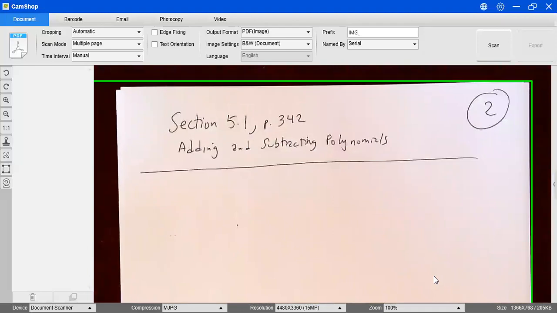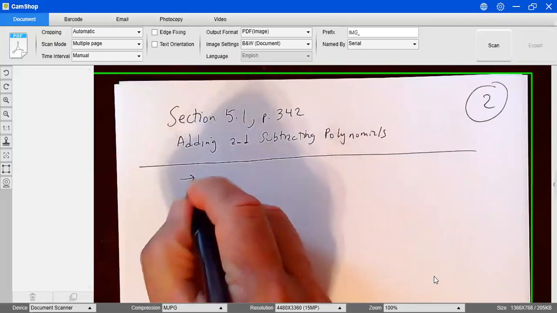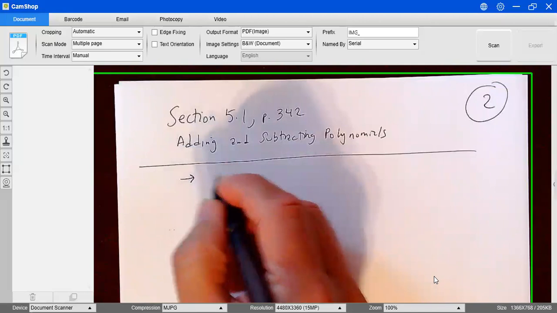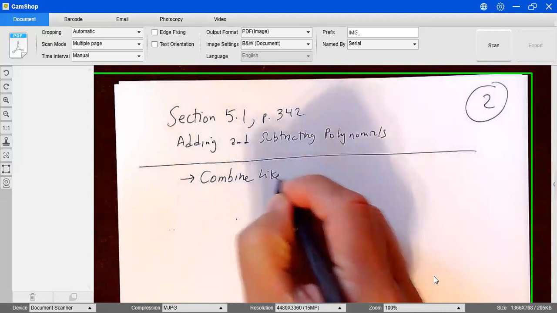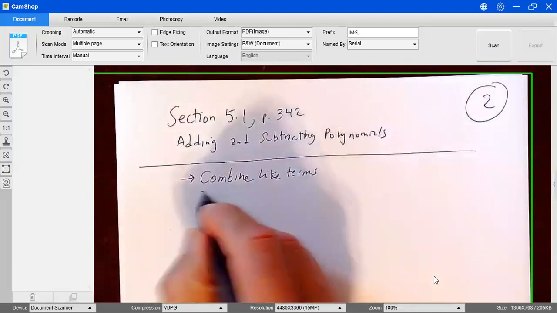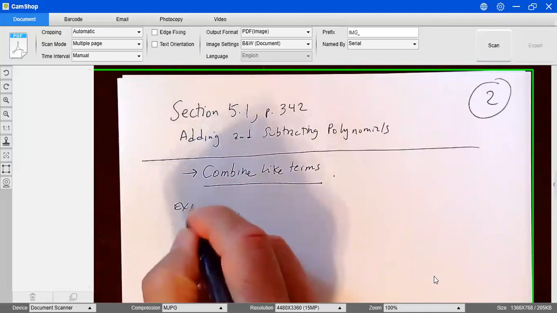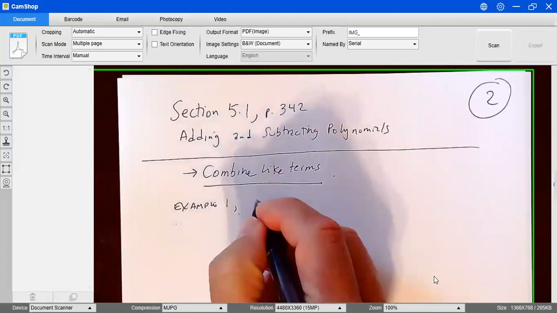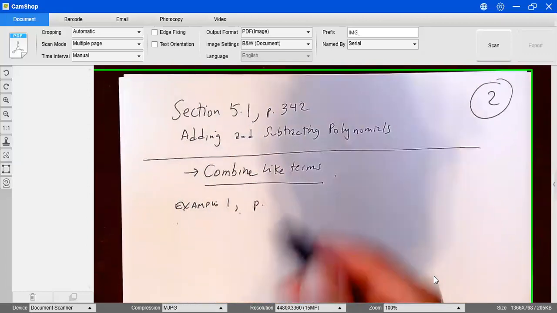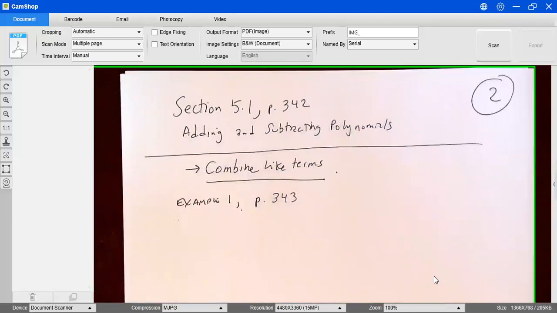So we're going to start right away, because the only rule that we're going to follow is that we need to combine like terms. That's the only rule that we need to add or subtract polynomials. So we're going to start with the first example from this section. Example 1 is on page 343. It says that we're going to add,